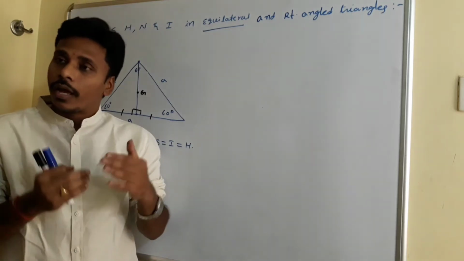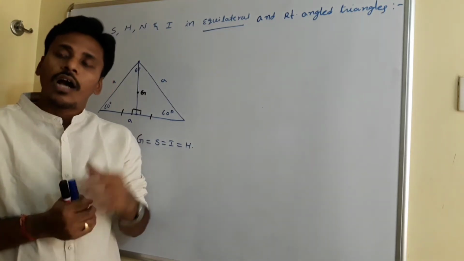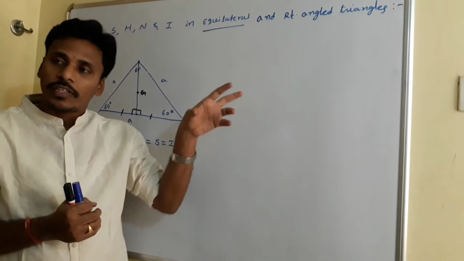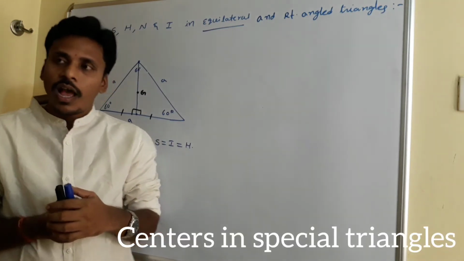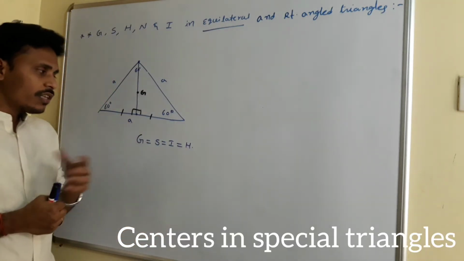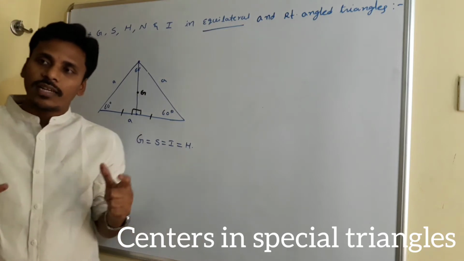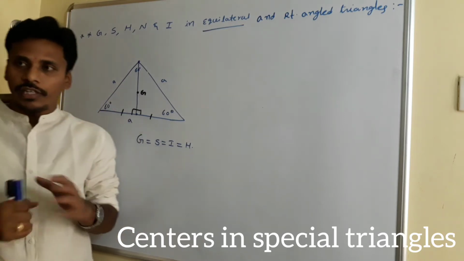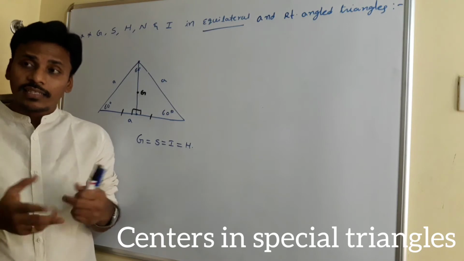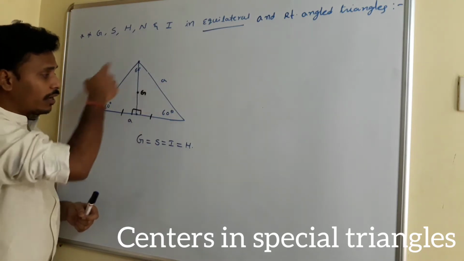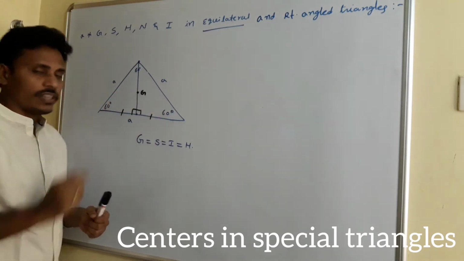General triangle. Now in this class I am going to handle how to find all these centers for special triangles like equilateral and right angle. I have an equilateral triangle on the board. We know that in an equilateral triangle all the sides are equal and each angle is equal to 60 degrees. In the sense that an equilateral triangle is symmetrical if you look at any of those three sides, right?